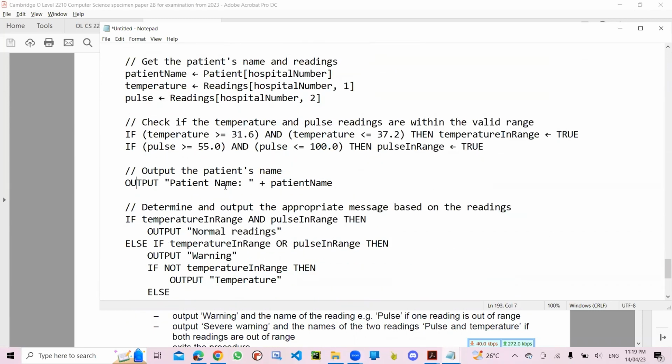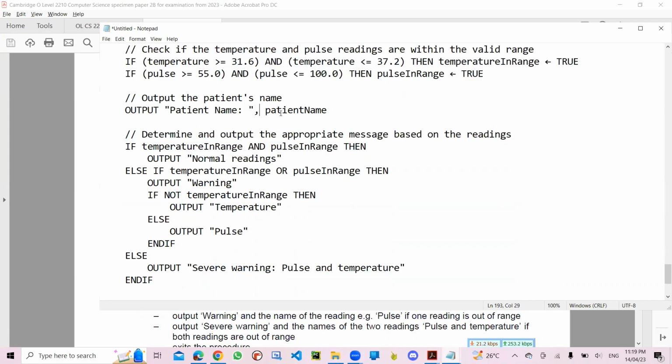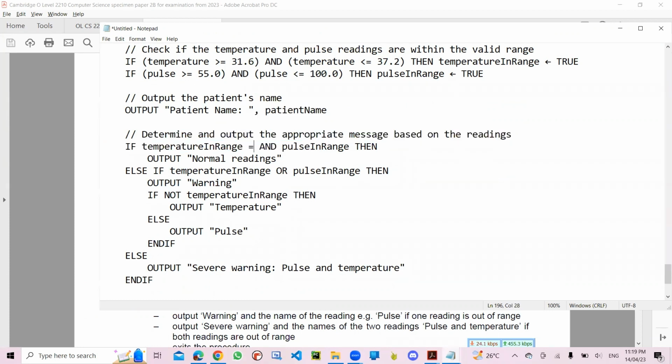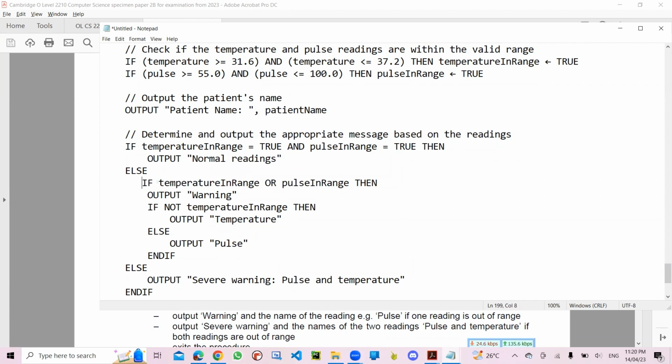Output the patient name. हम यहाँ पे comma लगा के कर लेते हैं, concat करके नहीं करते. Output patient name, हमने patient name कर दिया. Or determine and output the appropriate message based on the reading. If the temperature in range is equal to true and pulse in range is equal to true, then output normal readings. Else if temperature in range is equal to true or